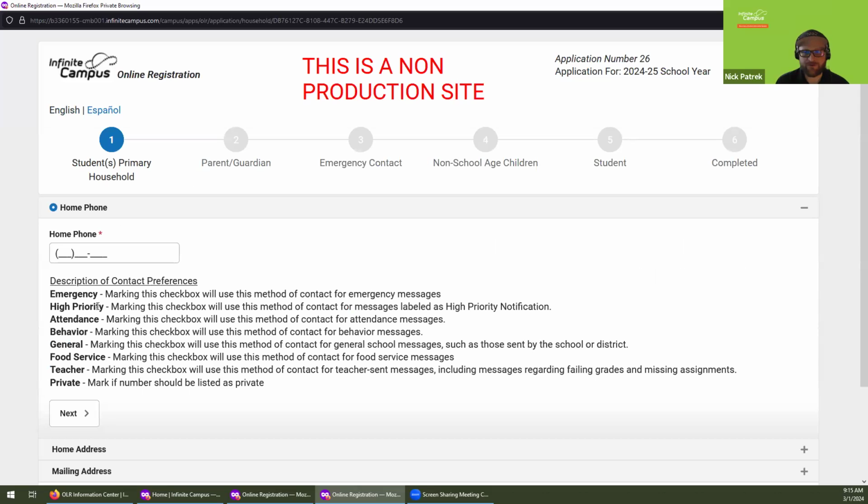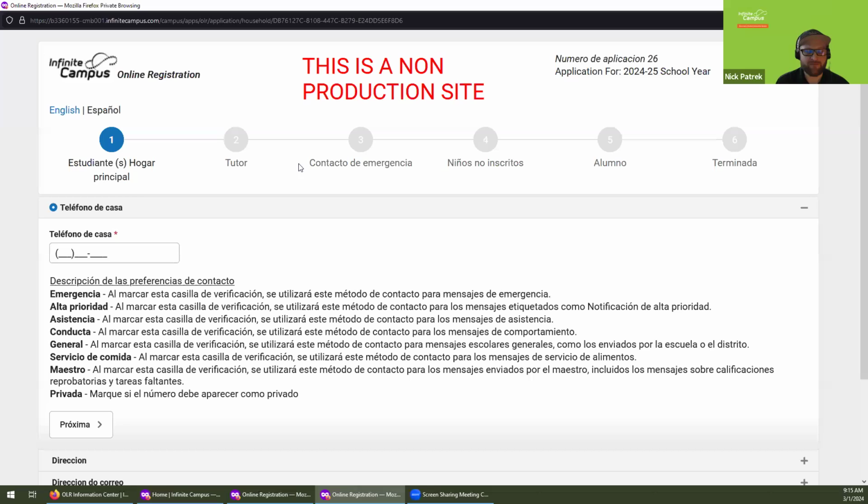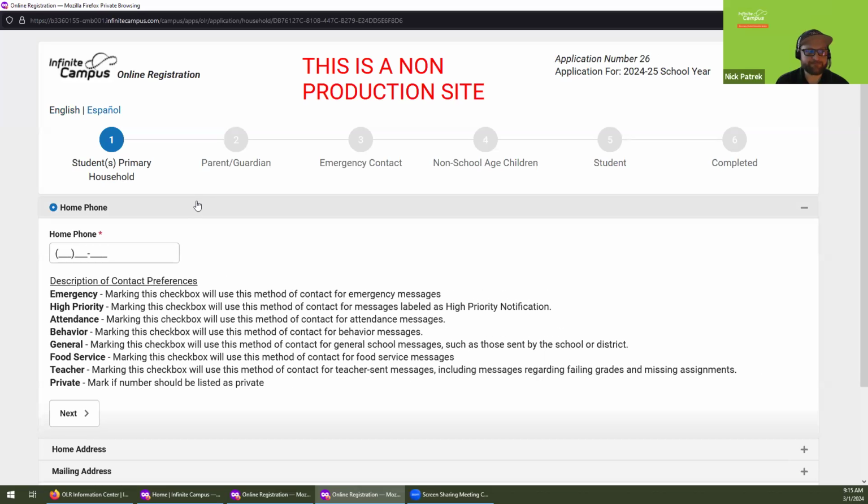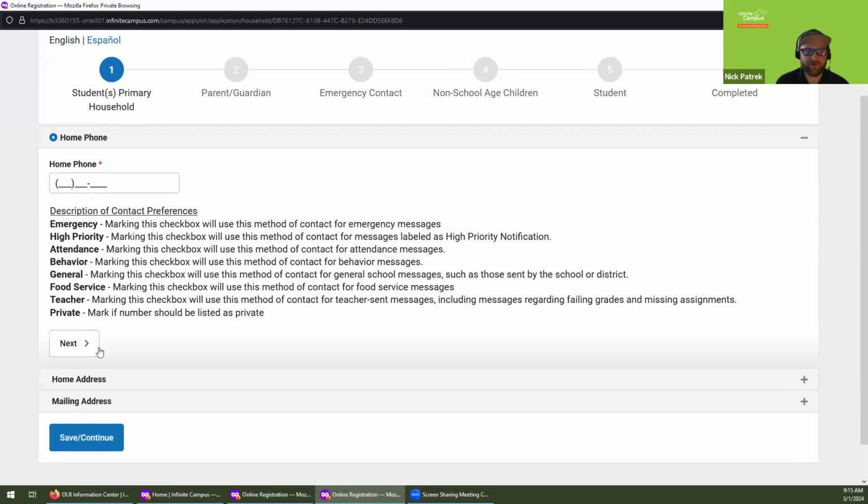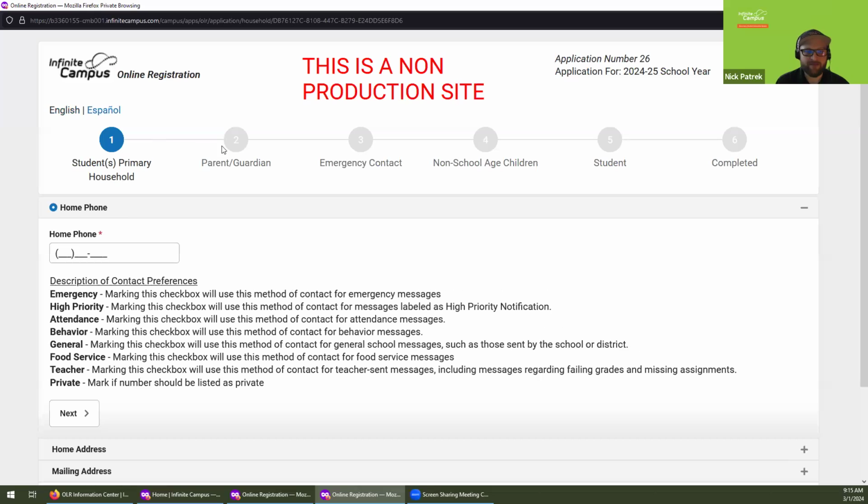And now we are into the heart of our application. And again, we can swap between Spanish and English at the click of a button. Now, here's our application, and it really just guides us all the way through from start to finish, really simply. So it's going to start us out here with information about the student's primary household with things like phone number and addresses. And then steps 1 through 6 here, from guardian information, we'll add our parents, the emergency contacts,